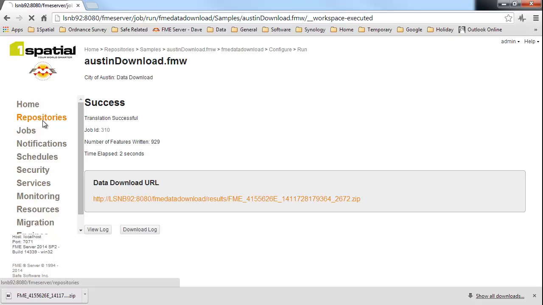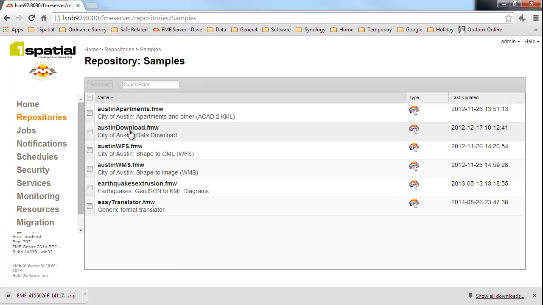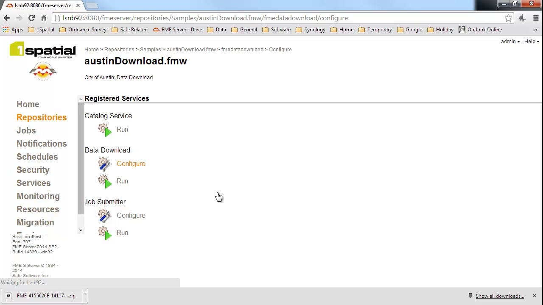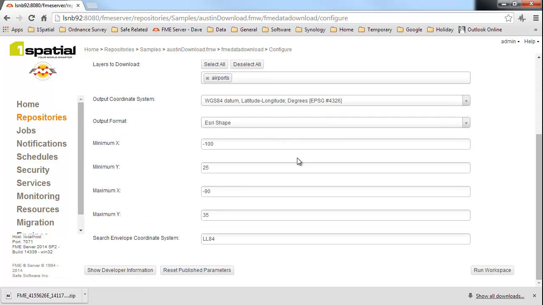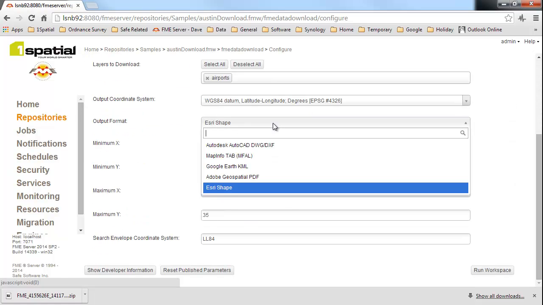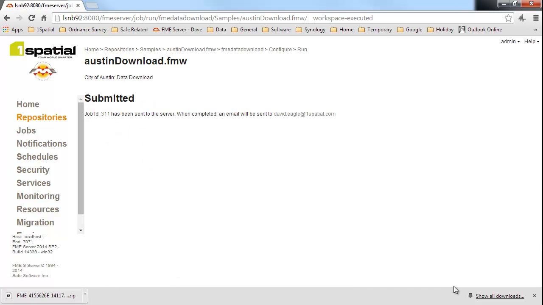If I go back to my repositories, go back to my samples, Austin download and configure here, and this time I'll go and email myself. So this is an asynchronous response. Okay, and this time we'll send the data to a different format. So like that data in Google Earth, run the process, and because I put my email address in here, the